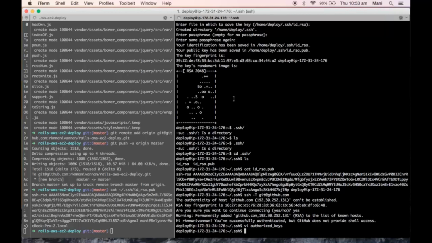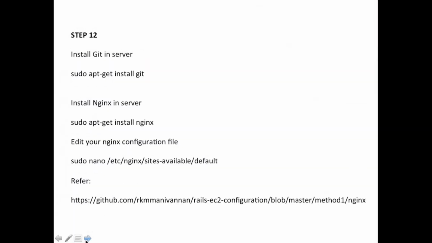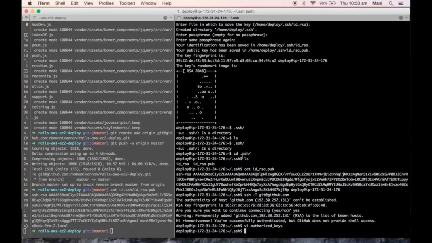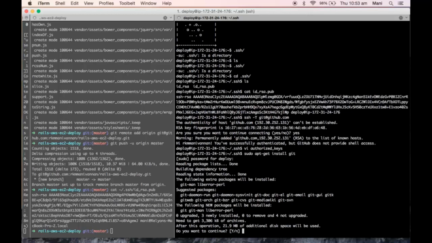So now everything is done. The next step is we need to install git on our server, and once that's done we need to install nginx on our server. So sudo apt-get install git. Enter your password, yes.